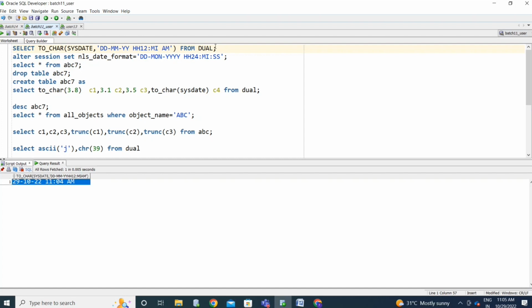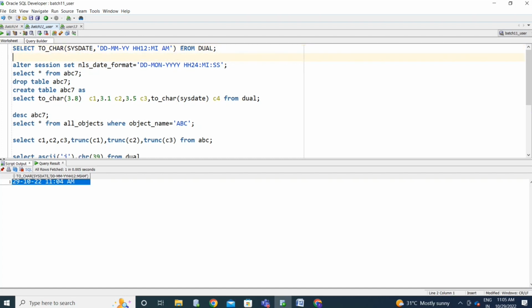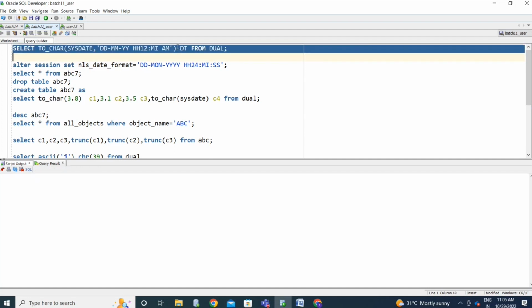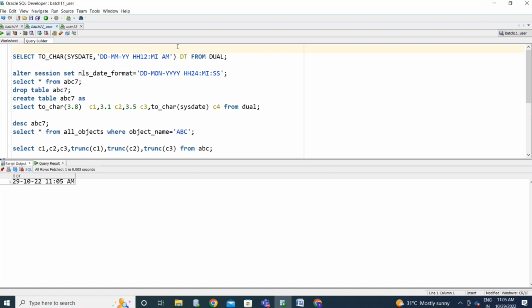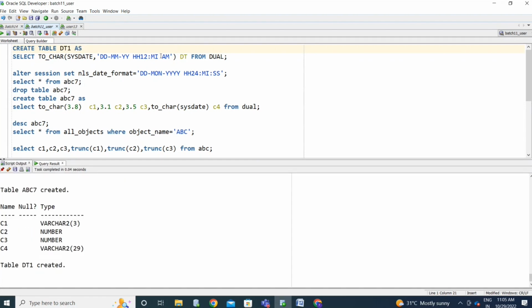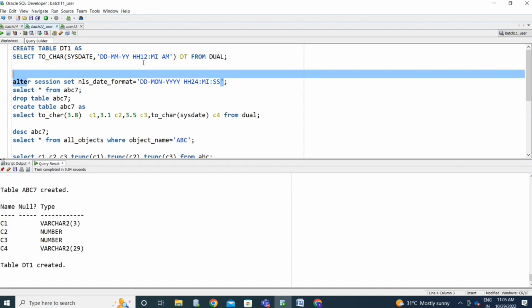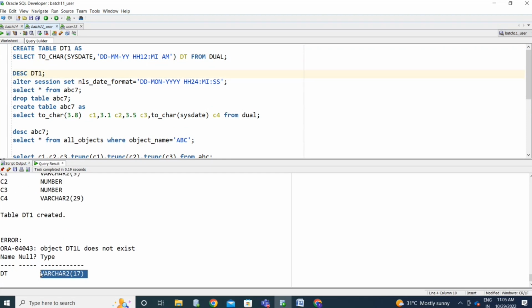In case you make a table of this particular table column, create table DT1, DT1 is the table name. I created this. You can describe this table. It's a varchar, right? So while converting this character to the date,